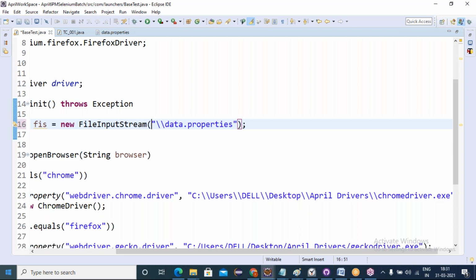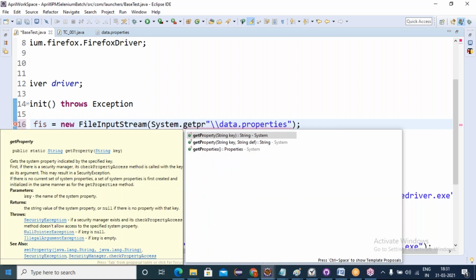The class is System. So System.getProperty is a method.